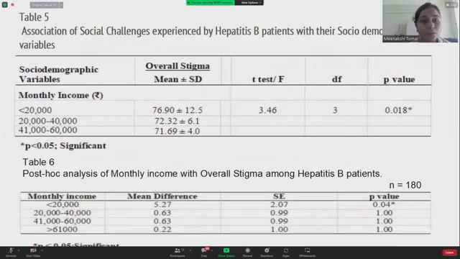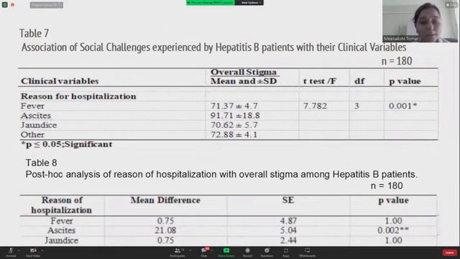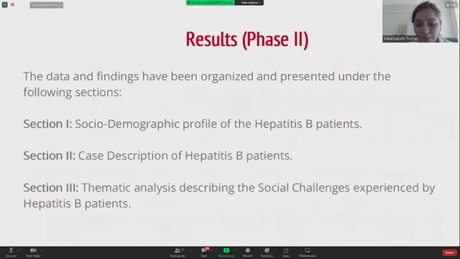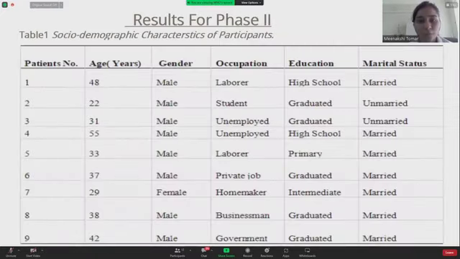It shows the association in which the patient who had monthly income less than 20% experienced more social challenges. And for the clinical variables, patients who had a history of hospitalization in the past 1 year experienced more social challenges in their life. And this is the result for phase 2, which included 9 patients in their